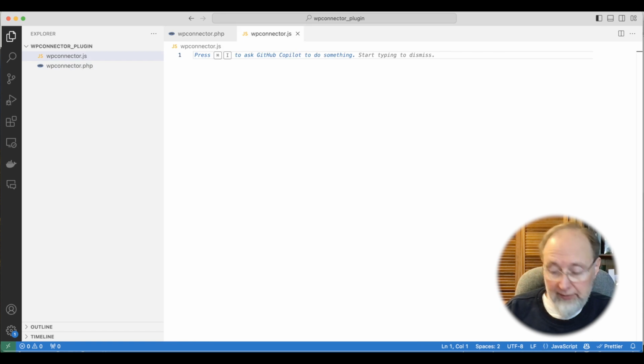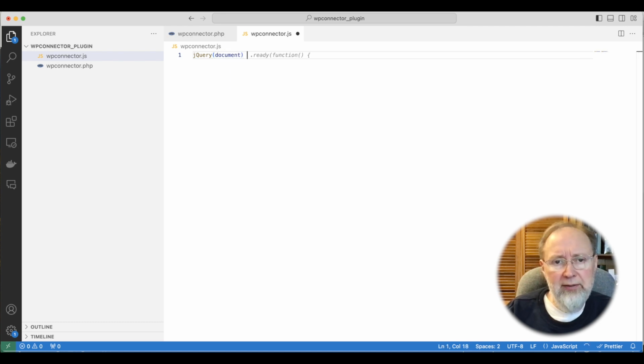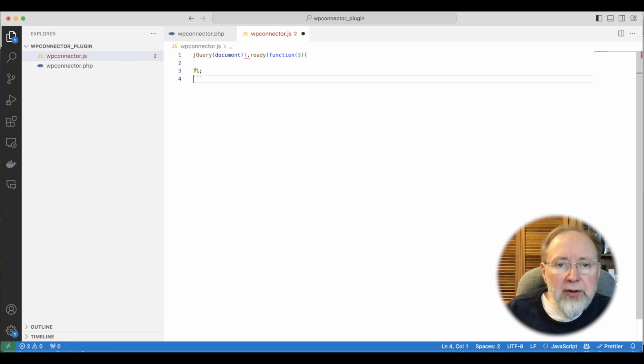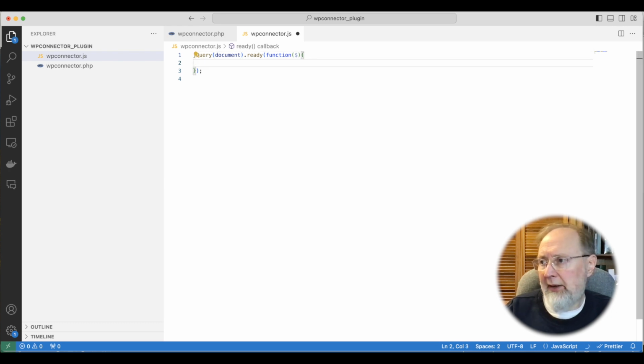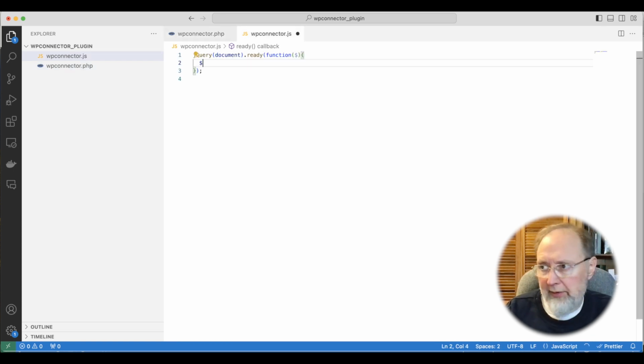And so we can do a jQuery document, jQuery document when it's ready. We're going to do a function, and let's end that so it's clear. Make sure you have this little $ sign in there, because that means that inside of this function, we can then use the $ shortcut for jQuery. So the very first thing we want to do, we need to get our ID. And what we're going to do is